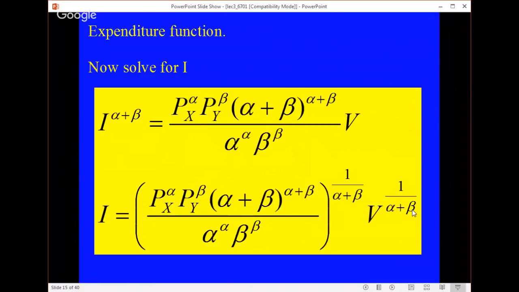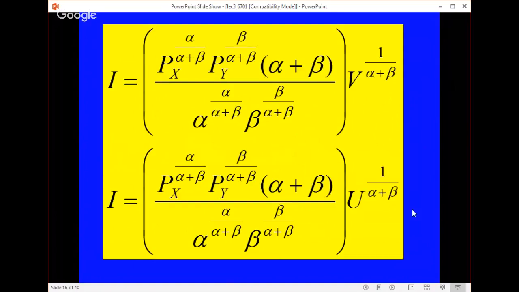And that becomes even uglier. Even though the utility function doesn't seem as ugly, it's actually ugly. So now, basically, I rewrite that expenditure function, do a little bit more algebra